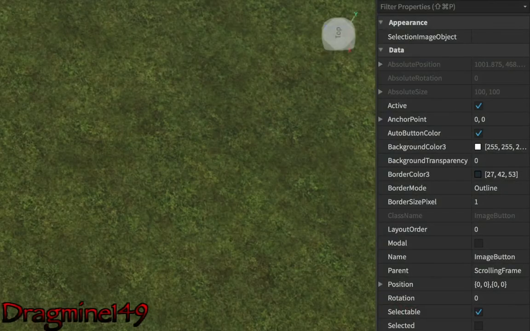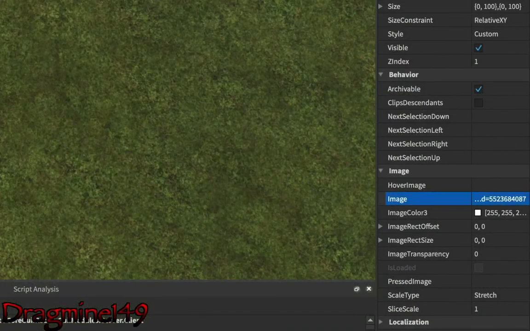So now for other properties. You've got the image color, the color of the image, because some images are PNGs. Image offset and size, the transparency of the image, if it is loaded, I think this is normally disabled. The scale type, the slice scale, and the hover image, what do you get when you hover over it?